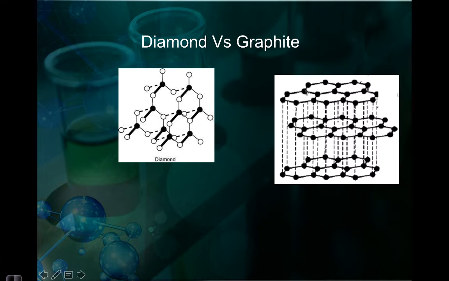The carbon atom right here is connected to 1, 2, 3 other atoms. Since it's only got those 3 covalent bonds, there's a free electron right there. Right between these 2 layers, we've got free electrons that move around,